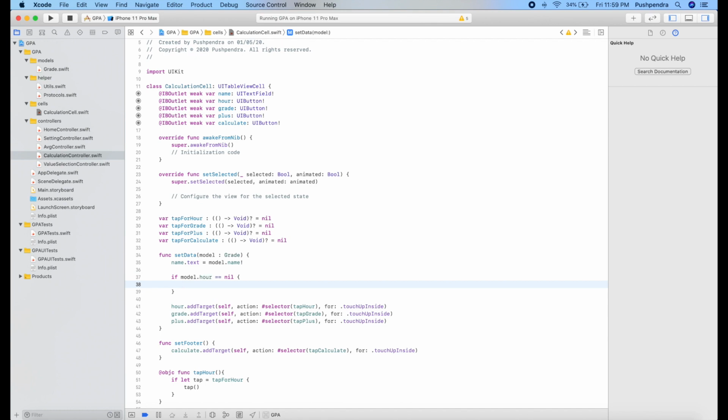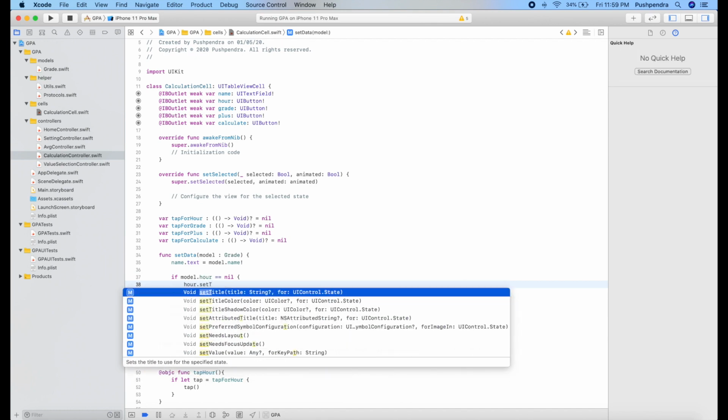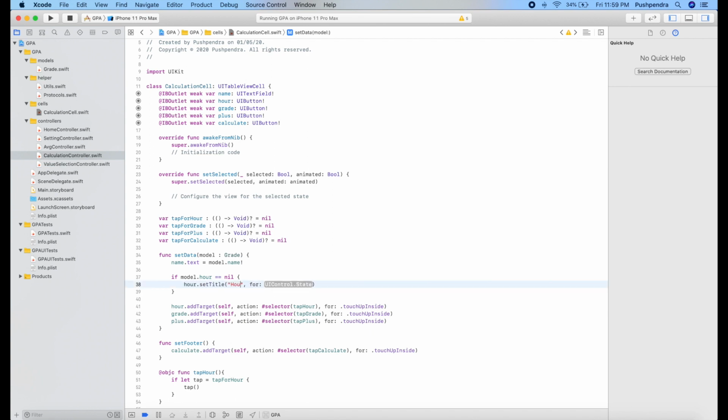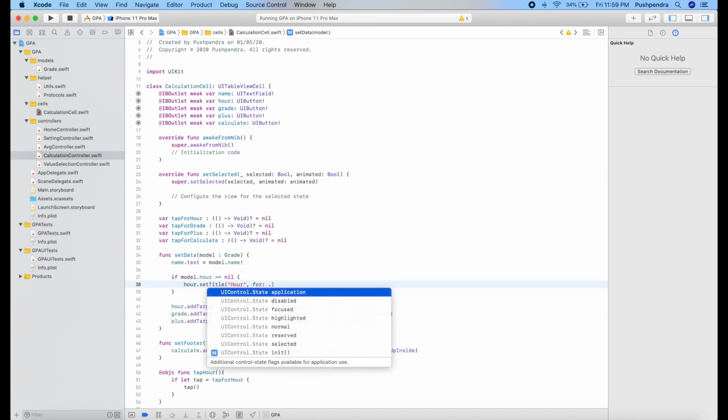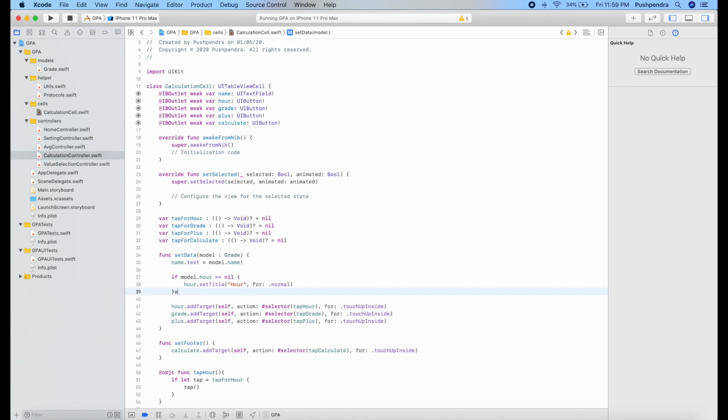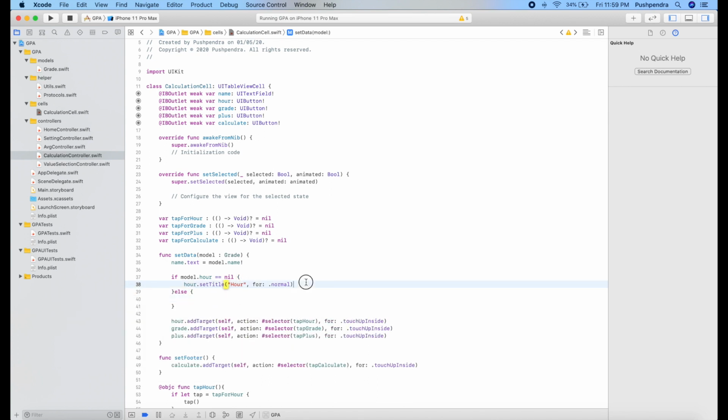So we are checking if model dot hour double equals to nil, then title will remain same hours, which is already there for normal state, else our title will be whatever hours is selected, and dash hours. So this will be the value for hour.